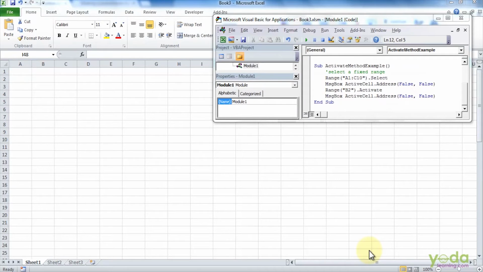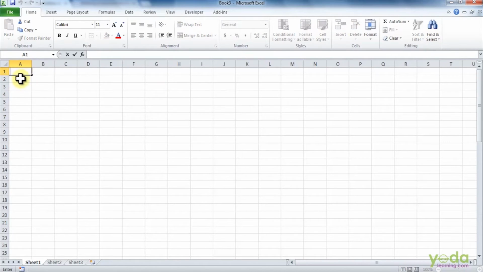Now let's take a look at the Activate method. This method should not be confused with the Select method as commonly used in VBA. The Select method means go and navigate to it. Say for example, Range1.Select or the range A1 to C10.Select. The Activate method selects a cell within a selection. By default, in a selection of the cells, the first top left position is the active cell. If you see here, this is the active cell right now.